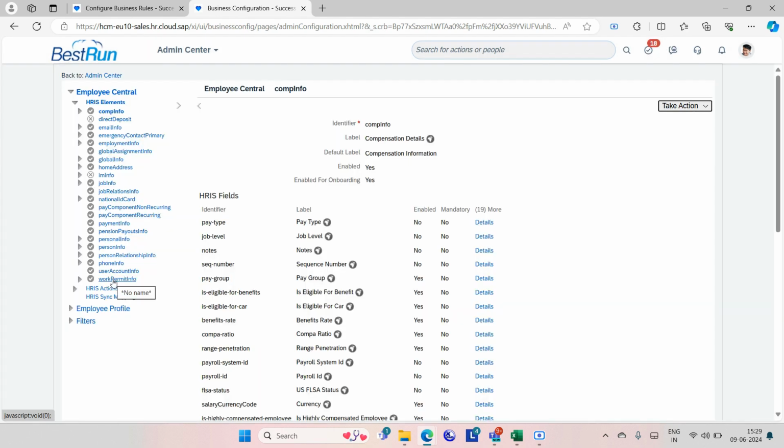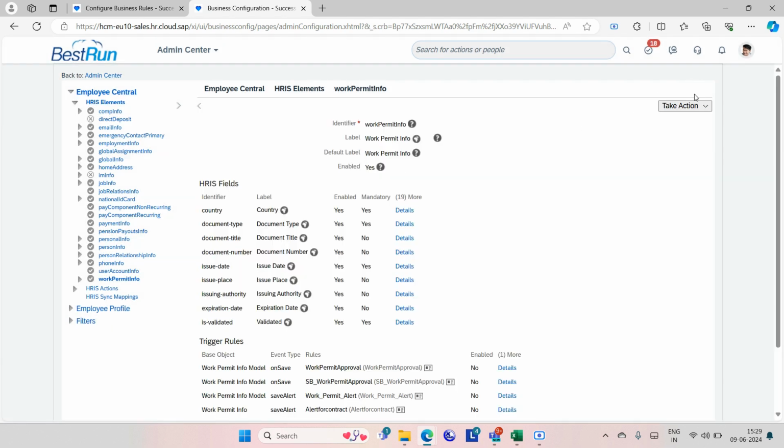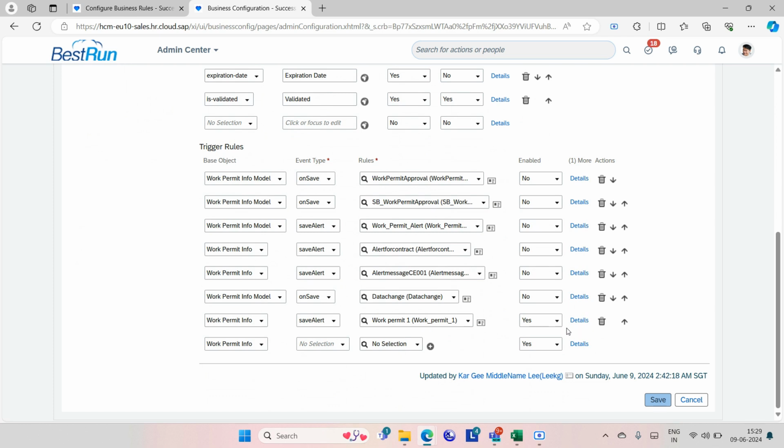Now let us go to work permit info, because we need to assign the rule under work permit information, since we have written the rule for this portlet. And as there are many business rules, we will disable all the business rules so that our rule can work now. So here you can ask, we have taken the base object as personal document information,